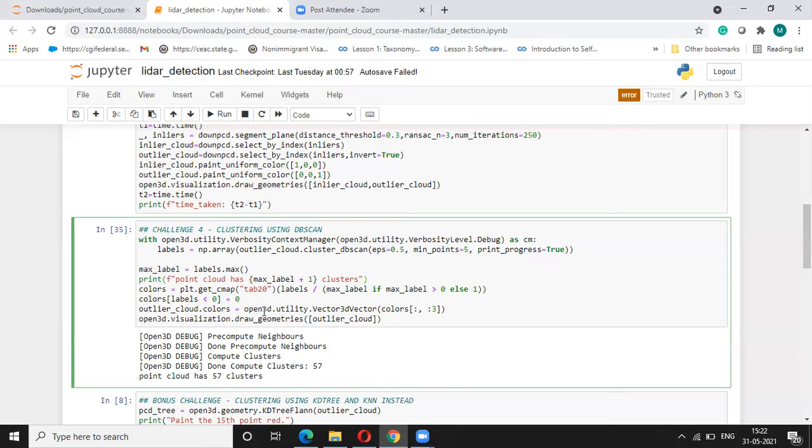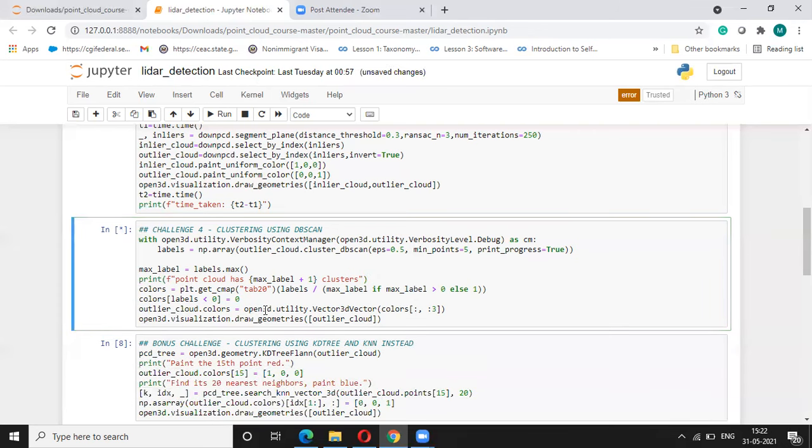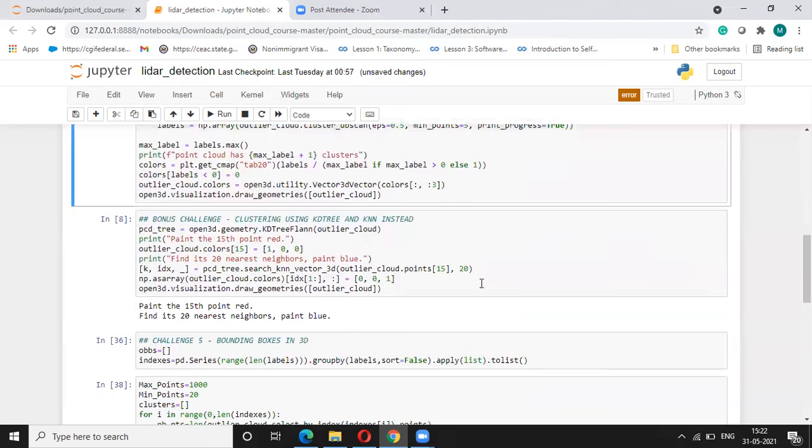Then we are just visualizing that, and we are also providing a different color to each of the clusters available with us. So we have around 57 clusters available for that particular point cloud. So that's one way to go about it.